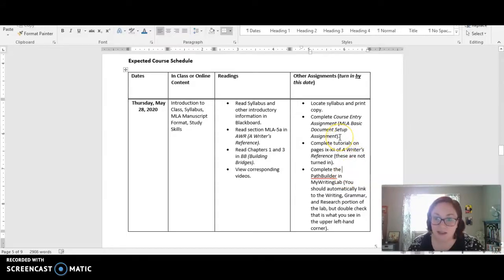All of the assignments, however, that you need to turn in are going to be in italics. So you notice "locate syllabus and print copy." That is an essential part of being successful in the course, but you're not going to be graded on it. It's not something that you're going to turn into Blackboard and I'm going to give you a rubric and comments feedback on. Okay,